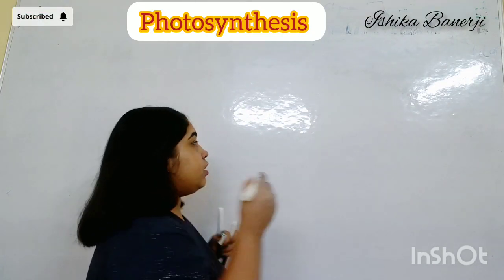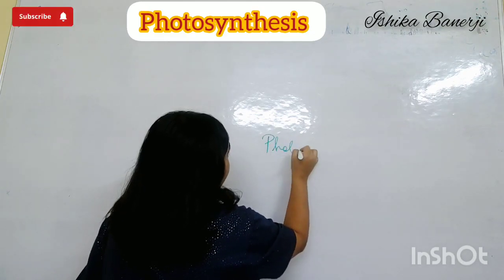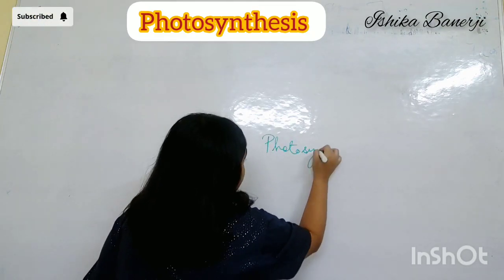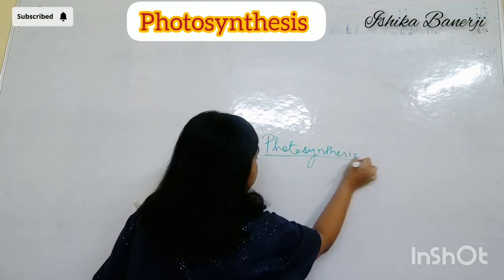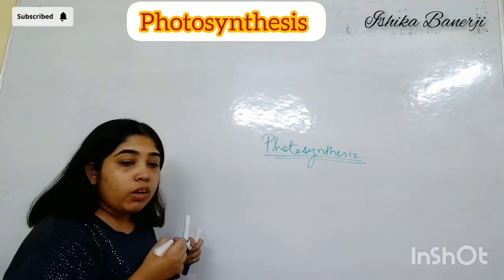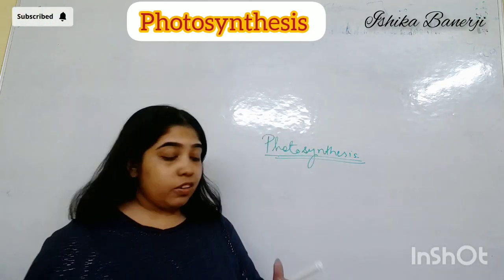Autotrophs make their own food through the process called photosynthesis. Now, the question can come, what is photosynthesis? Please write this. It is a process by which